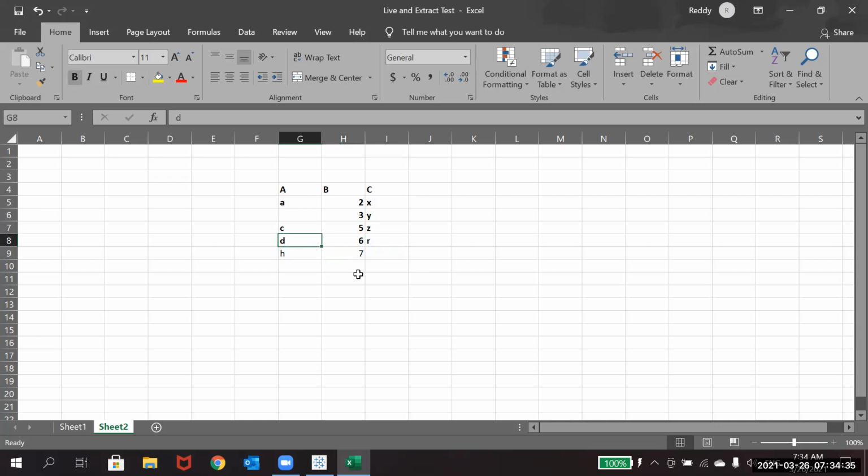Because our extract will be till here only, it was not done to this level whatever we have taken. So the incremental refresh means it will not be touching the complete extract whatever we have. It is just adding the new row which is coming there.